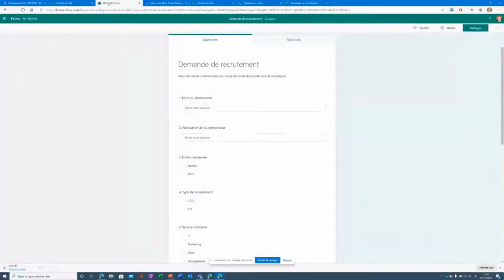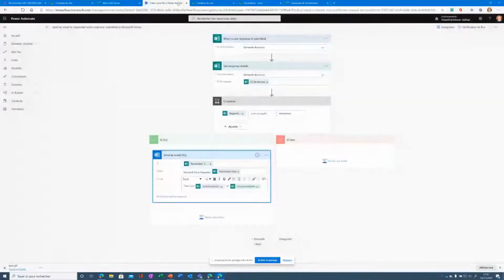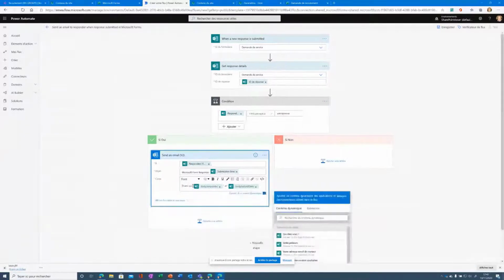you have here, for example, my forms. It's the editing mode, and here you have the Power Automate flow, and here you can select the forms, another select forms, and after you have conditions. For example, here I can change the text to personalize or customize my email when a responder has clicked on send on the forms.